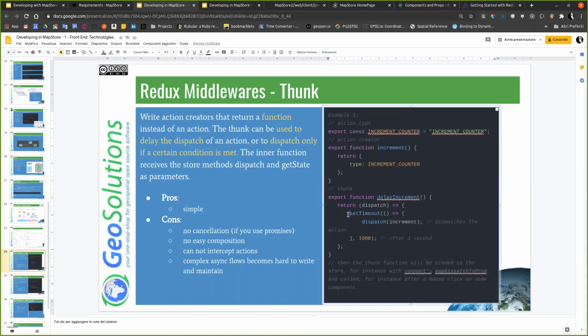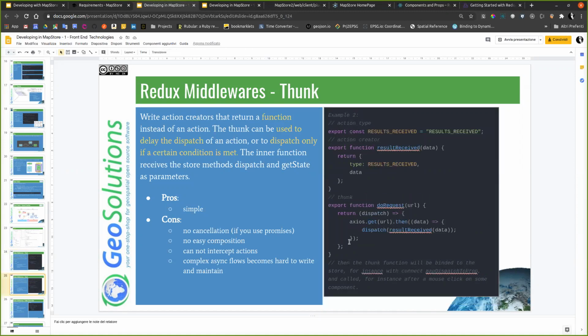There is a way to delay a request by an interval of 1 second. This is in milliseconds, so 1 second, and you can dispatch an action with delay. For instance, this is an example to do an Ajax call. They are two simple things that often happen in applications, but as I said,